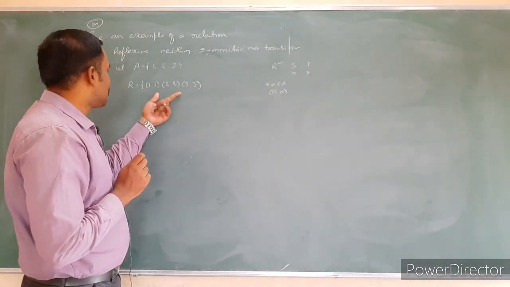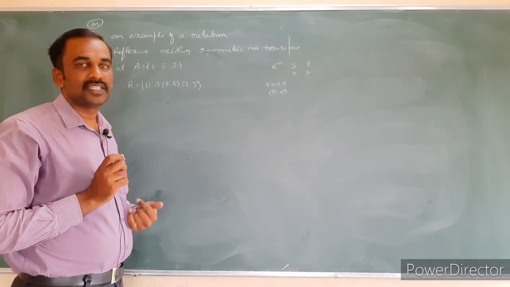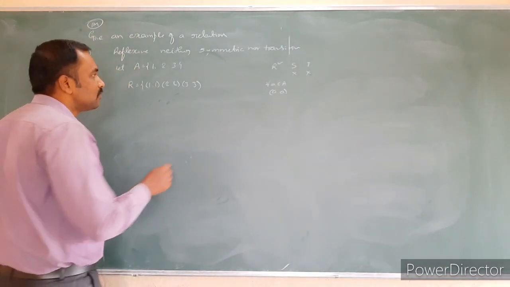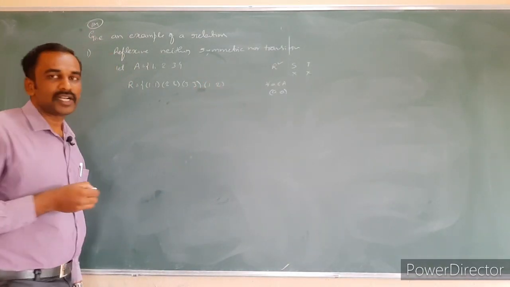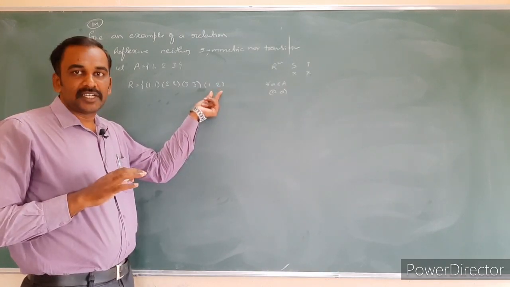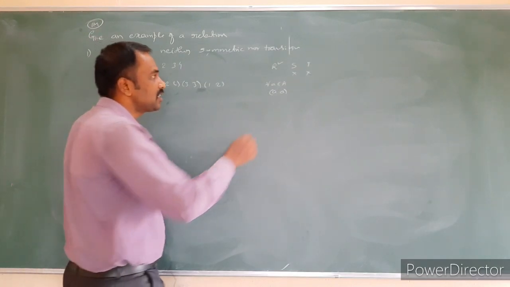Okay, if I check this one for symmetry, obviously it is symmetric as well as transitive, but I should not get the symmetry. The symmetric condition should fail. So for the symmetric condition to fail, I just choose 1 comma 2. Then to say it is symmetric, 2 comma 1 is required. Do you have a 2 comma 1? No. The symmetric condition fails.